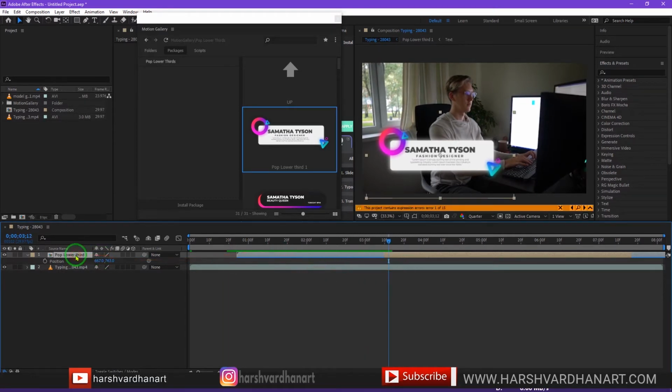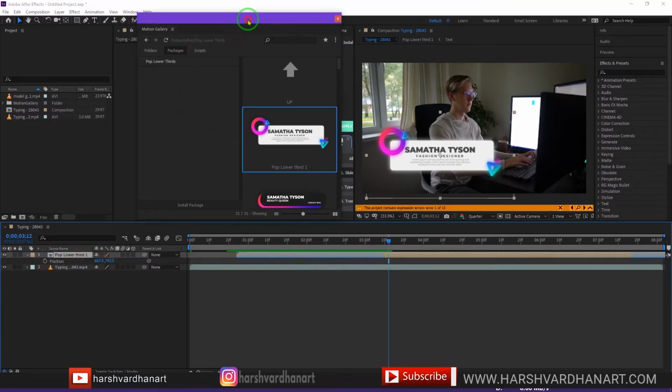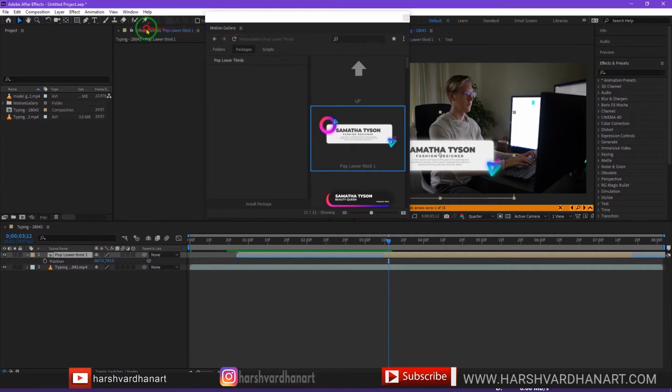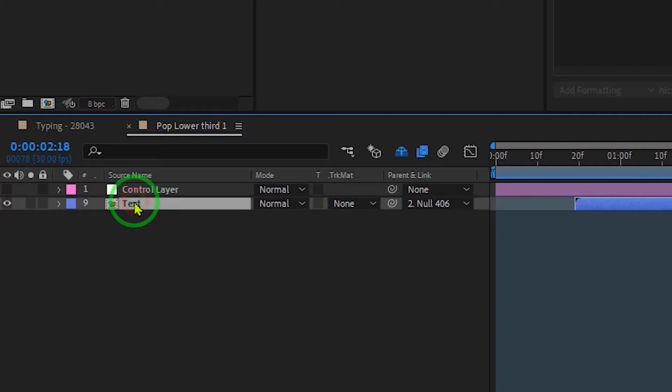if you want to change its text and everything, this can be done from the effects control. Just double click it, that's going to open up this lower third, and inside this there is a text. Let me fit it in the view.